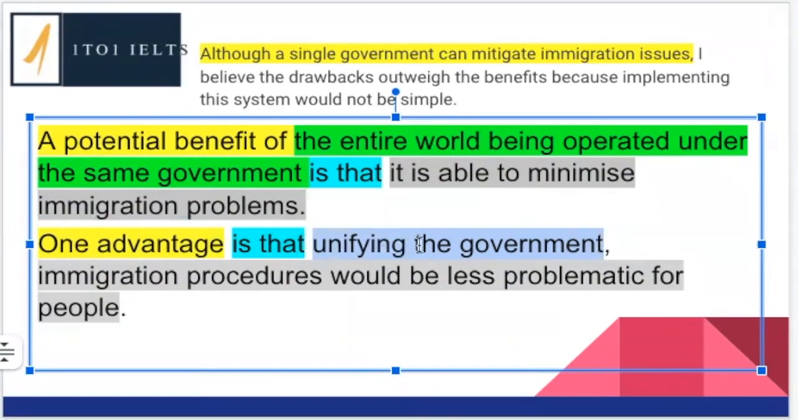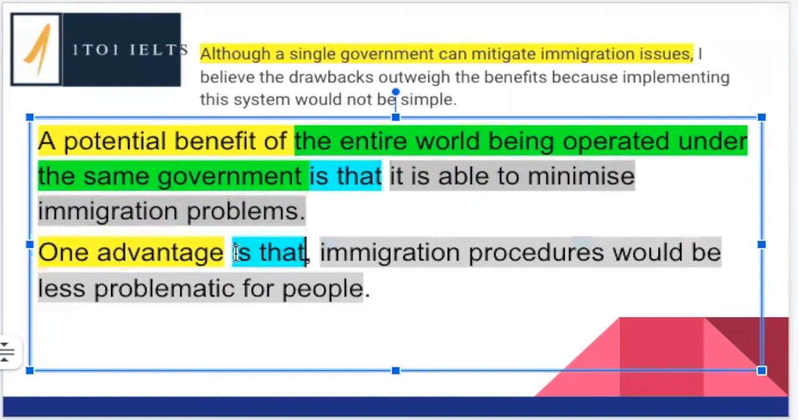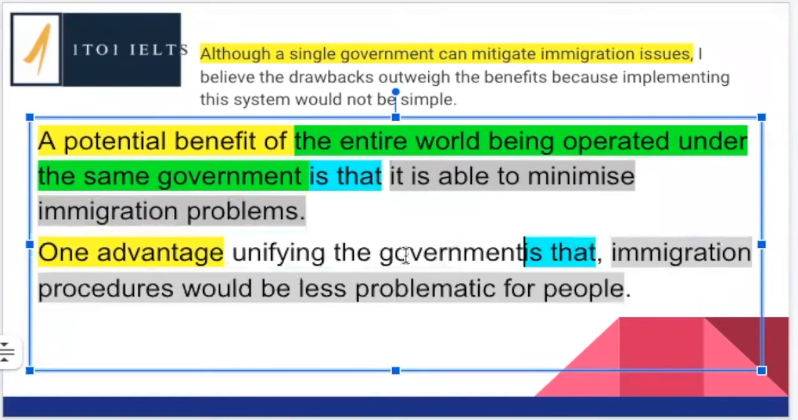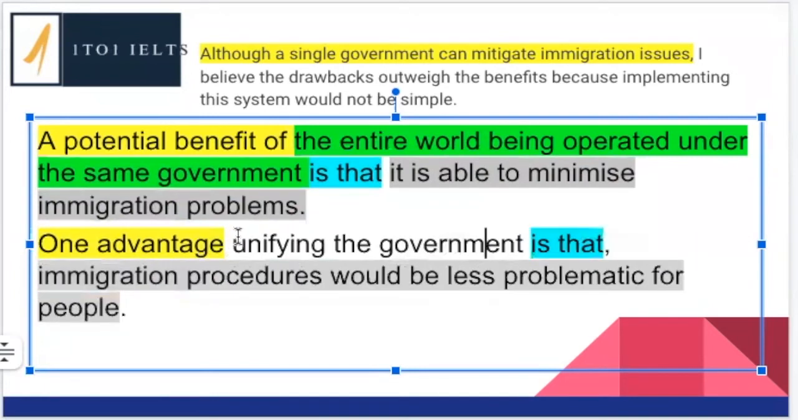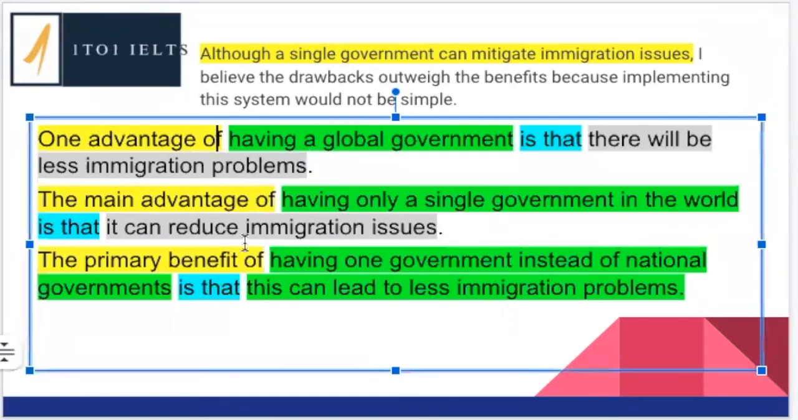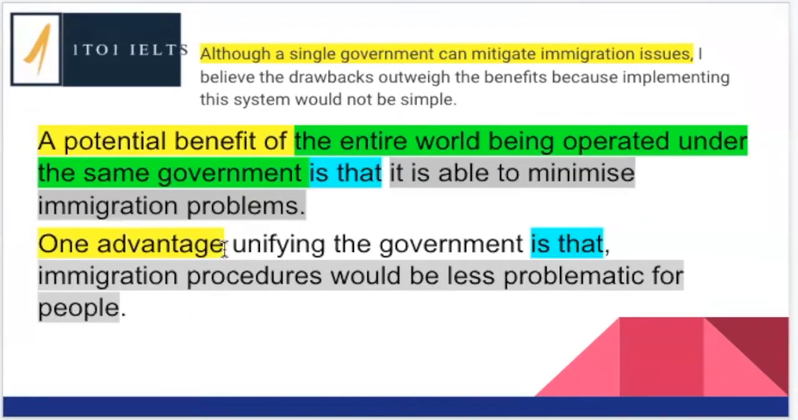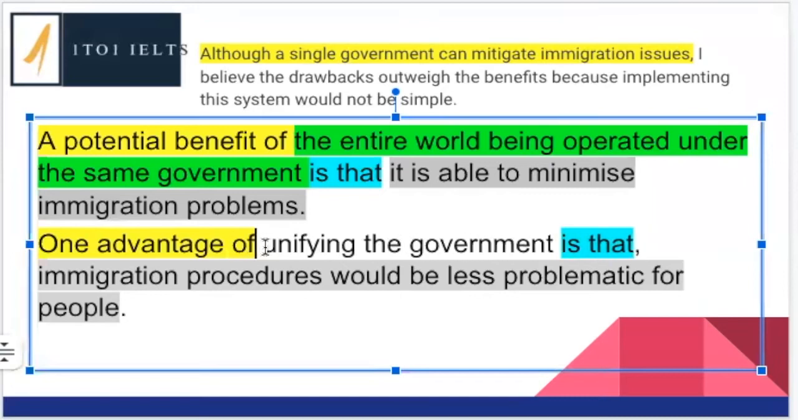We could maybe use it with a conditional, but what I'm going to say here, let's put this in the structure that we've had, because we know the structure we have works. So if we know something works, we're not going to do something different. So we're going to take this bit and put it here. One advantage. So what comes after one advantage? If we look here, one advantage of, one main advantage of, one benefit of. So here, use this language. One advantage of